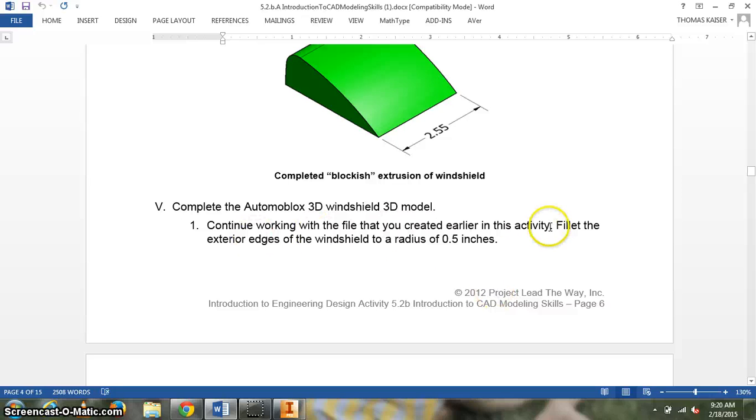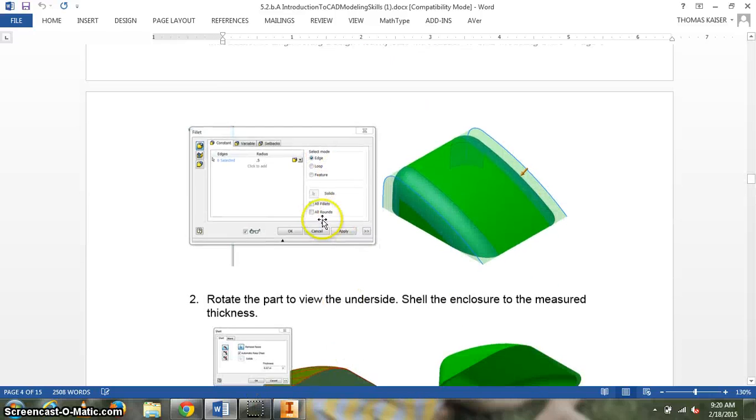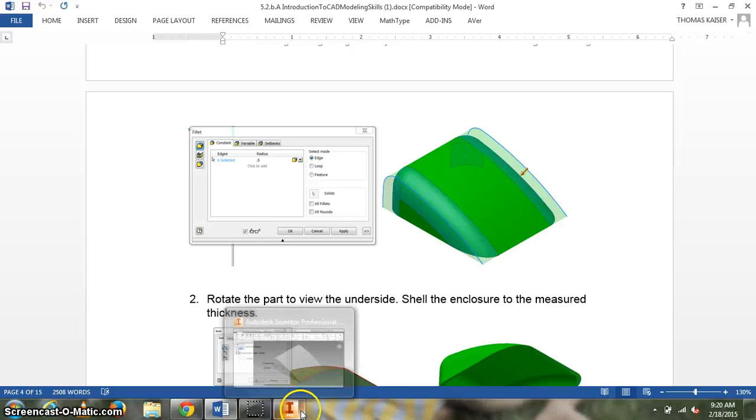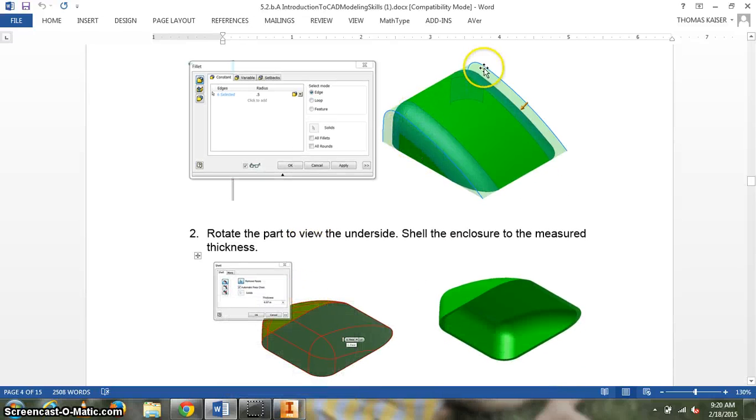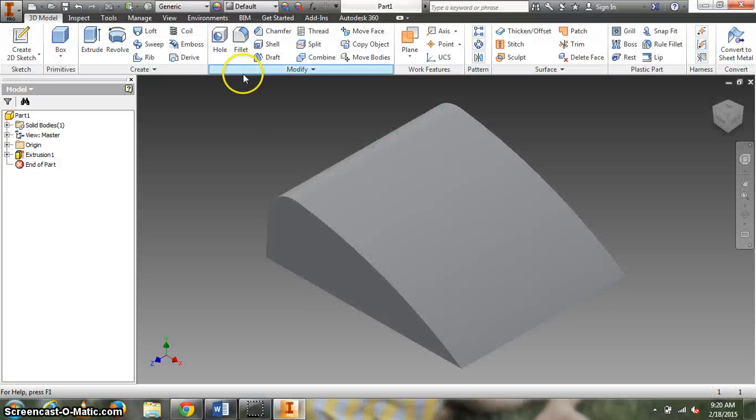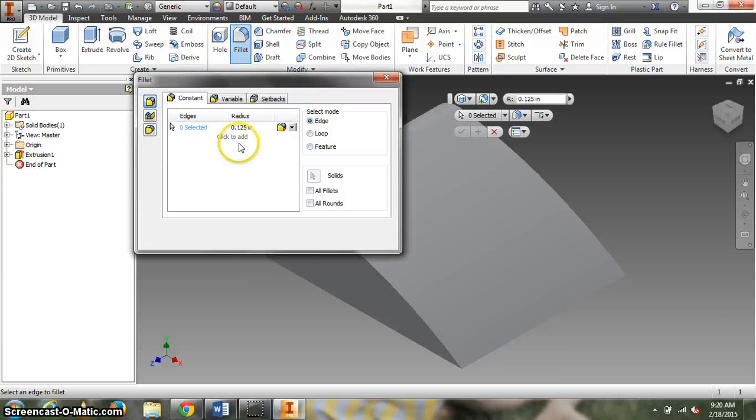Continue working with the file you created earlier, which is what we're still doing. We're going to put a fillet on the exterior edge of the windshield, with a radius of 0.5. That looks like this screen right here. So it looks like the verticals and then these curved edges right here will get a 0.5 radius. When we do a 3D radius, it's a feature, so we want to put that on these edges that I've already created. Hit fillet, drop down, radius 0.5,